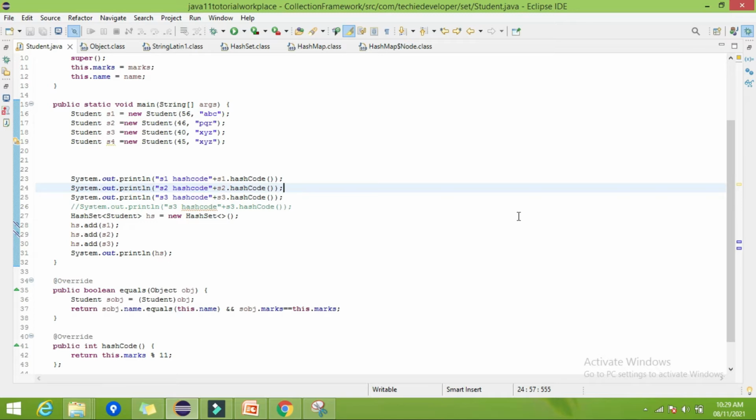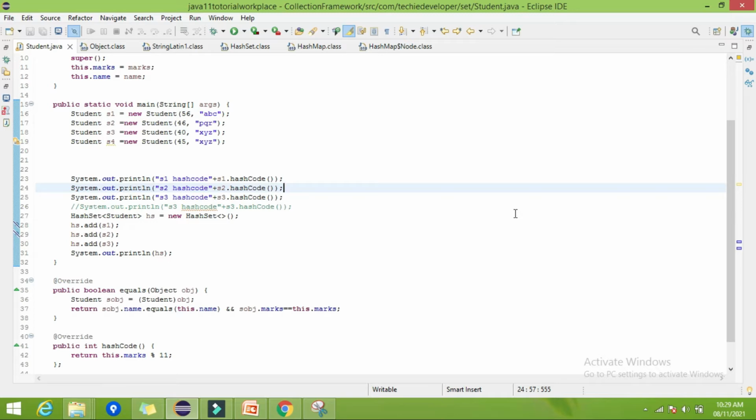I will show you what code is actually present in the HashSet add method and how it is calling our HashMap and hash table code to put this simple value in the format of a key-value pair. I already told you in HashSet there is no concept like key-value pair, but in a Map we store the value in the form of key-value pair. HashSet internally calls the HashMap and HashMap internally calls the hash table, but we are storing only a value.